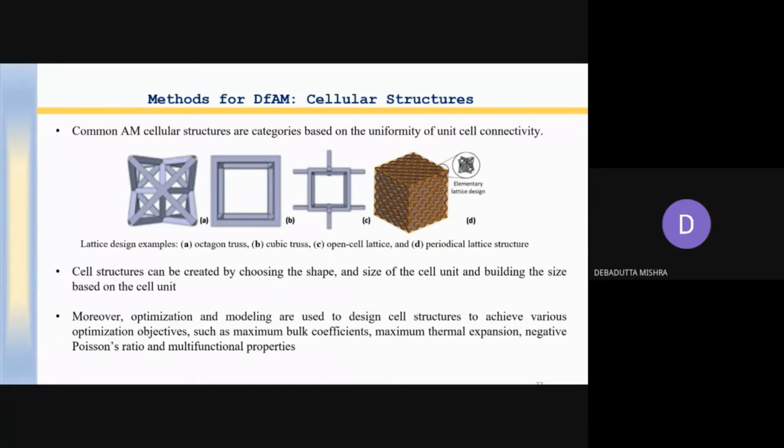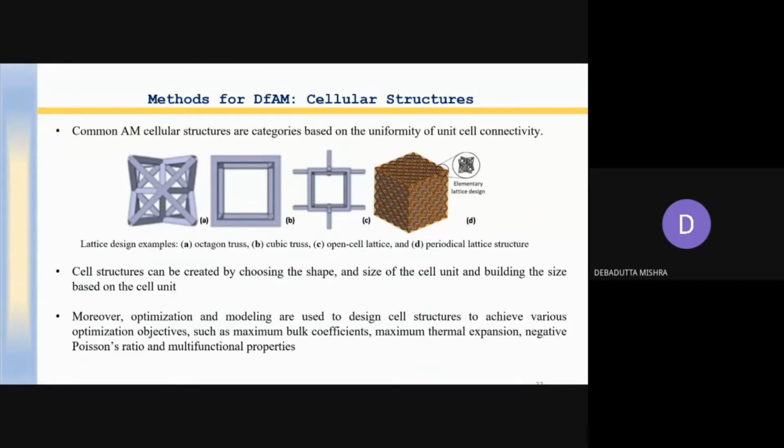And you take the decision which structure will be most suitable for your process or for your part, depending on the complexity of the part. Okay. And this structure can be created by choosing the shape and size of the cell unit. You can make it small, you can make it large. Okay. And also there is the possibility of optimization, and modeling is used to design the cell structure. You can optimize it for maximum bulk modulus, thermal expansion, negative Poisson's ratio, and other mechanical and multifunctional properties.